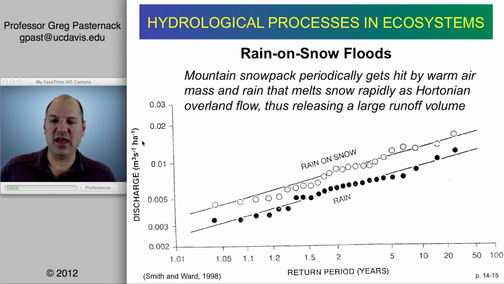This is per unit hectare of land. So that means each unit of land produces disproportionately more water because that water is coming from the snow. So the rain is unlocking previously stored water that's in the snowpack. Now, as I was saying, some of the thinking has changed because now we recognize, especially in California, that a